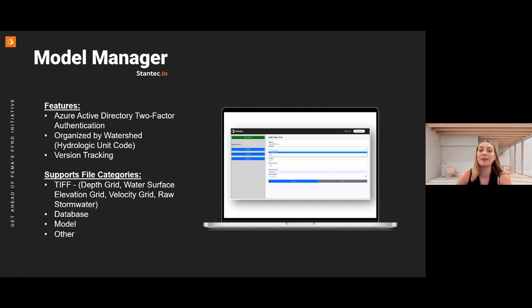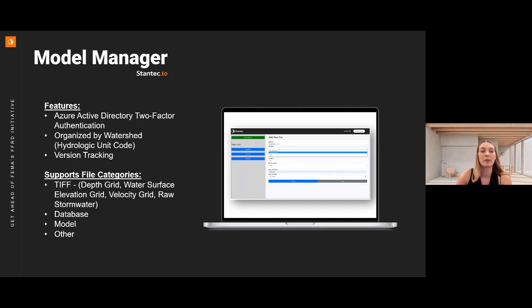Unlike other storage products that are available, we are storing those by watershed. So we're able to organize the files by watershed. This includes version tracking. Right now, we're supporting file categories of depth grids, water grids, so all those TIFFs that you have, the database, the model, and we even have the option for other files if there's relevant files for the project.